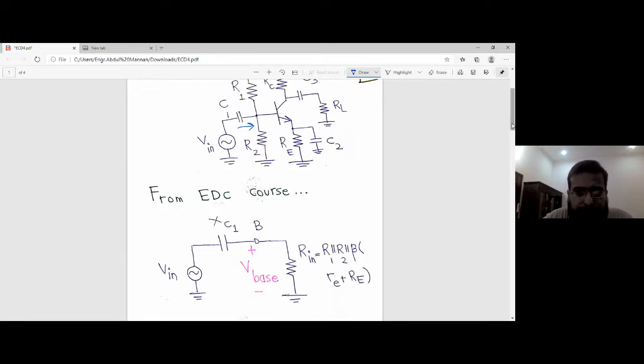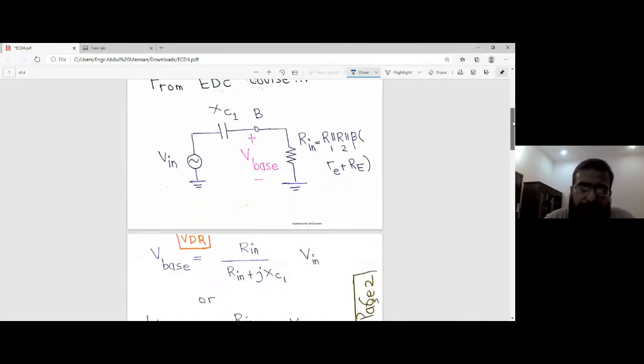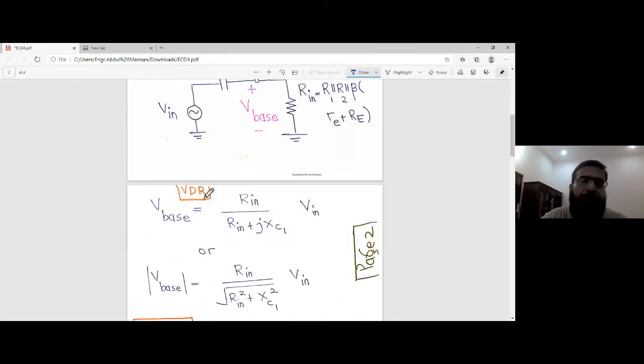Right. So this V base then can be computed using voltage divider theorem. We have this resistance and this impedance, they are in series, and we want to find out the voltage drop across this resistance, that is the voltage drop at the base terminal. So we'll write a VDR expression, voltage divider. This VDR stands for voltage divider rule. So V base is Rin over Rin plus jXc, multiplied by the input voltage Vin,